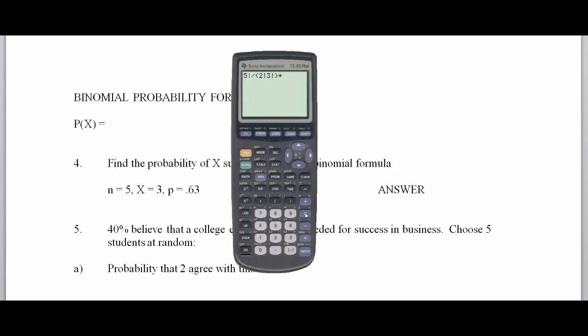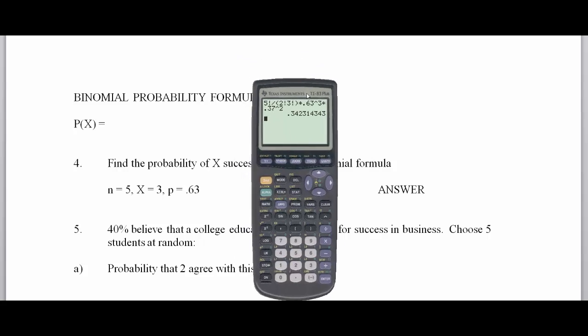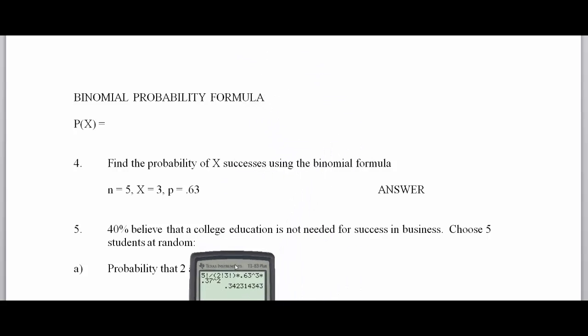Then you can multiply that by the 0.63 raised to the 3rd power, and then multiply that, or use parentheses, the 0.37 raised to the 2nd power. And this gives you that 34.2%. I will go ahead and do these for you, and especially I'll show you a little shortcut once we get through with this here. It's kind of nice. So I'm going to just push the calculator down and get this next problem right here. All right, so